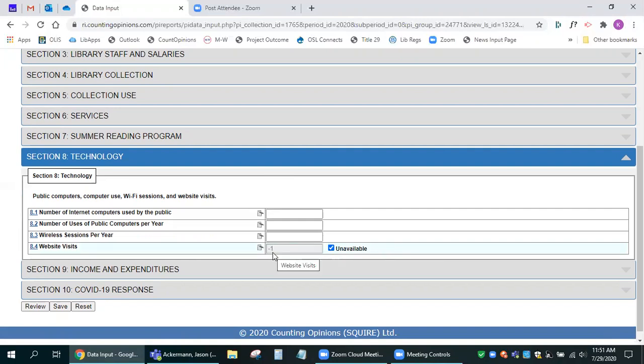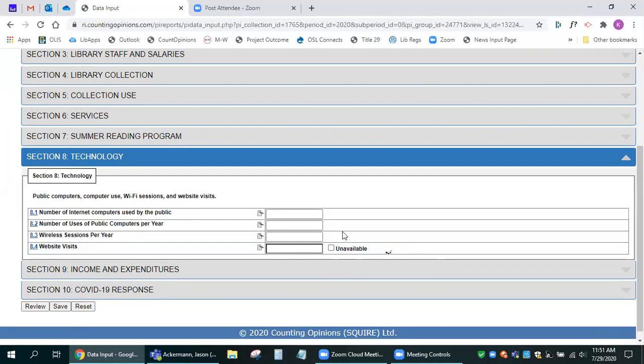That's an internal code. It has meaning internally, but it's not something that you need to worry about. But that is what unavailable or not applicable, one of those, would show up as a -1. Okay. So when that is something that you need to select, you can go ahead and do that.